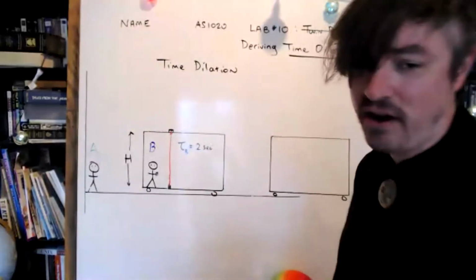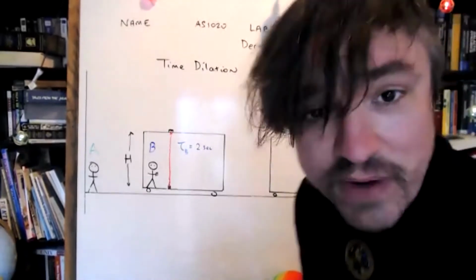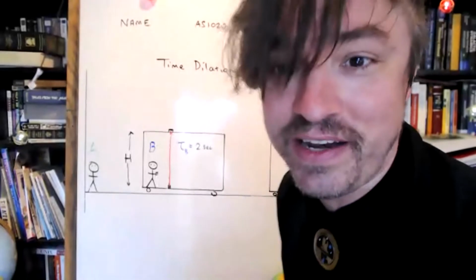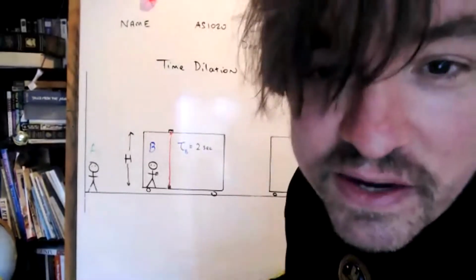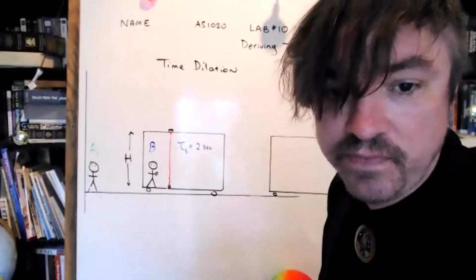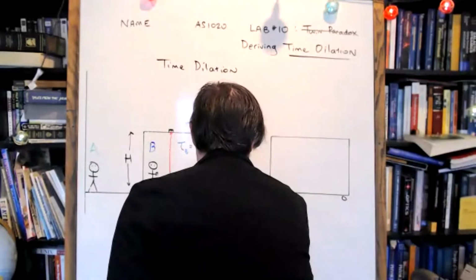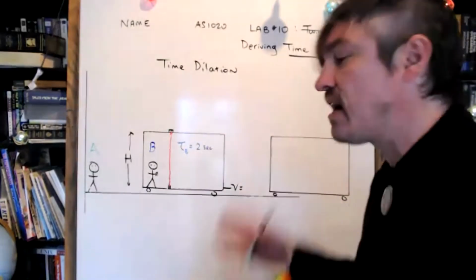In reality, the cart would have to be pretty tall for the photon to take 2 seconds. In fact, it would have to be 600,000 kilometers tall, would it not? Okay, so maybe it was 0.02 seconds, but who cares? Let's just say 2 seconds, because 2 is easy, okay? Let's imagine that the cart rolls forward at a velocity that is constant.